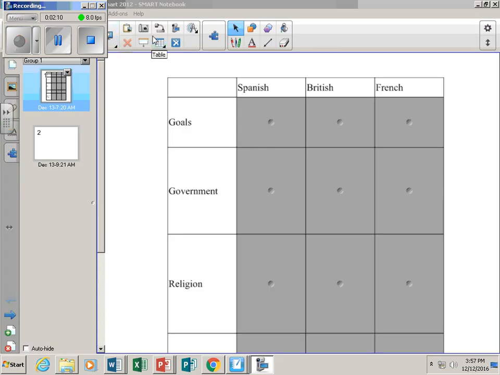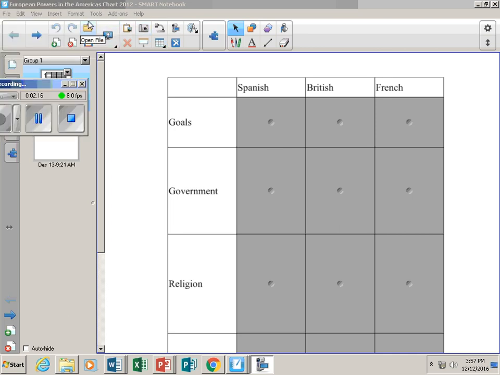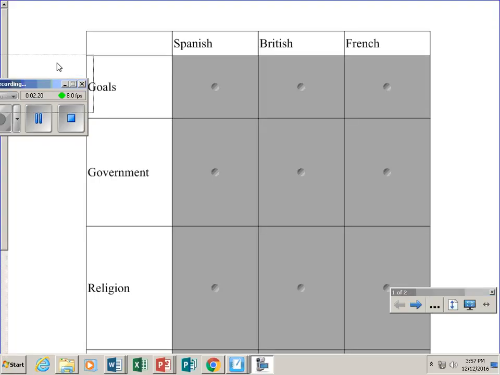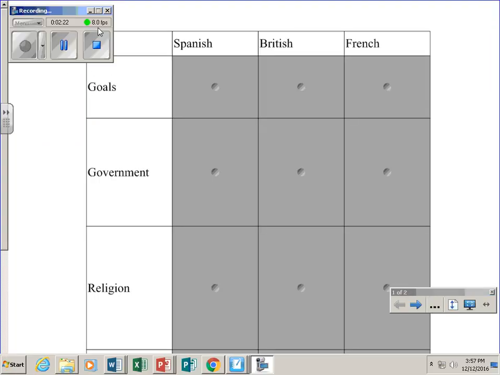So in your notes, you want to take a look at the page that has this graphic organizer set up. And we're going to go over this right now. So, what were the goals of the Spanish, the British, and the French? Well,